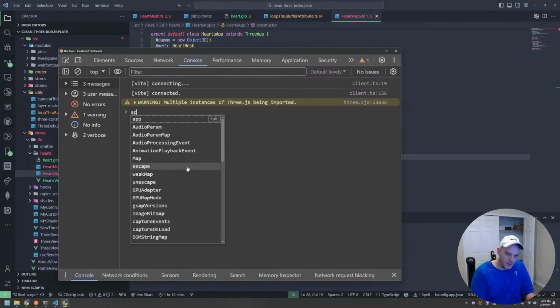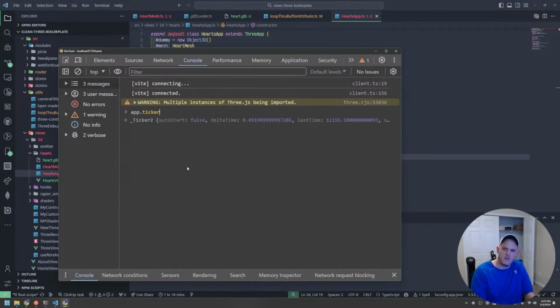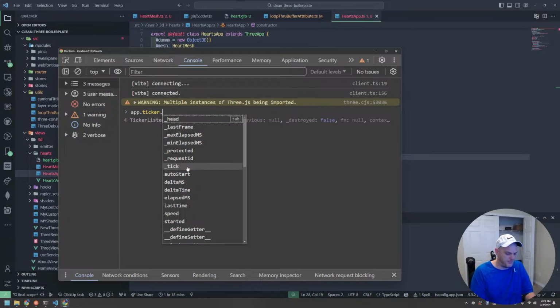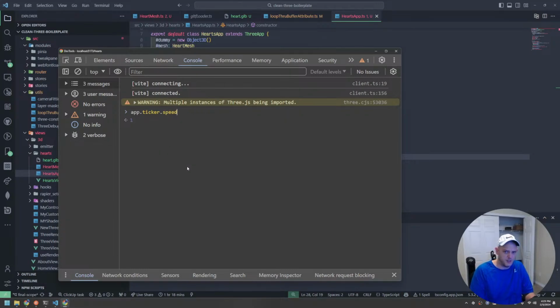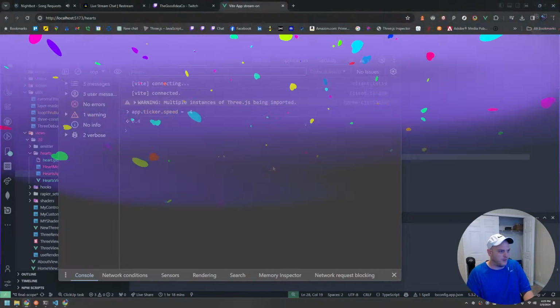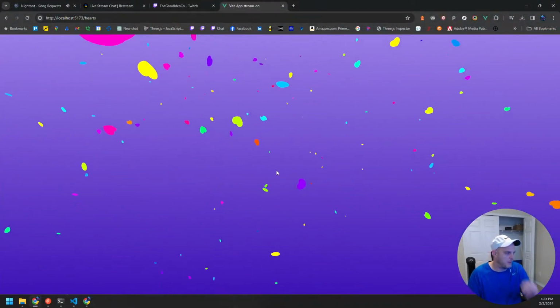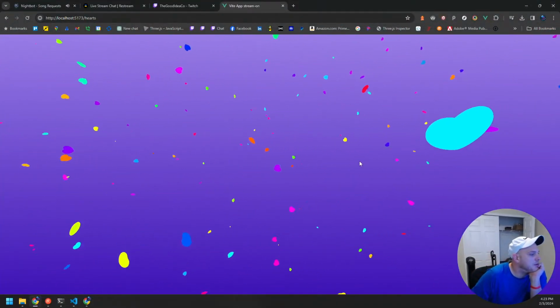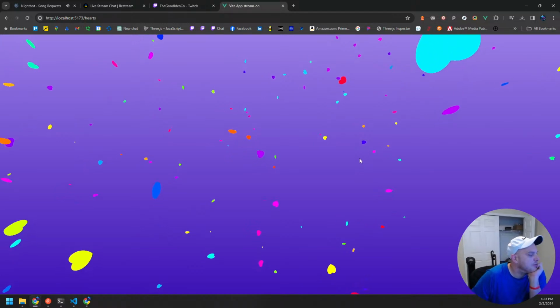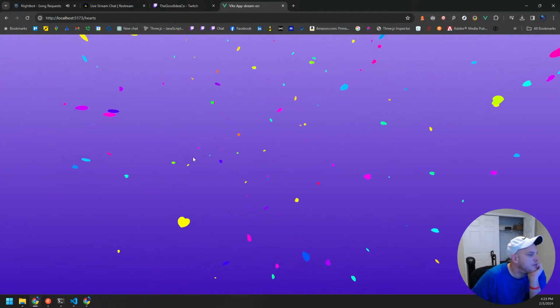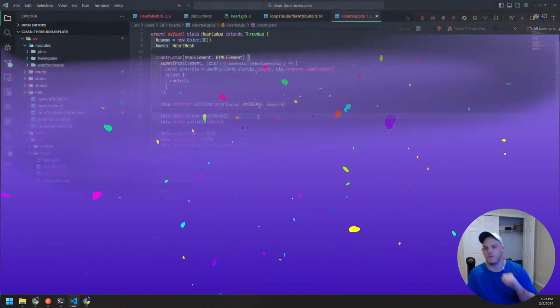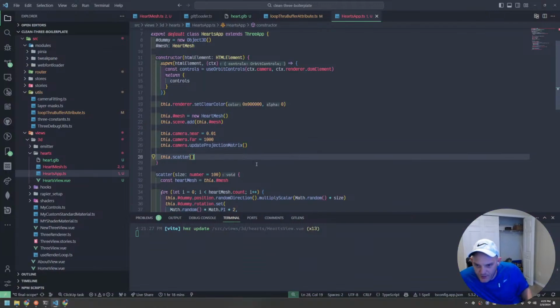Actually, here, app.ticker. App.ticker.speed equals 0.4. Actually, you know what? I didn't put that in for the. Let me put that as the